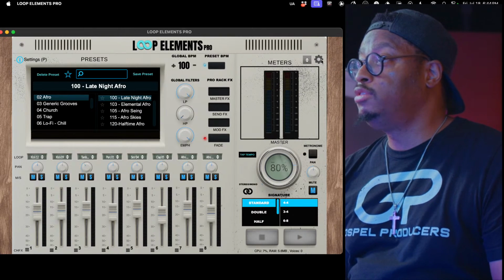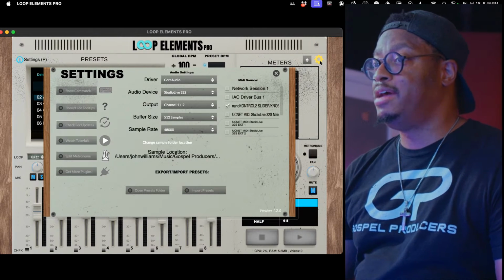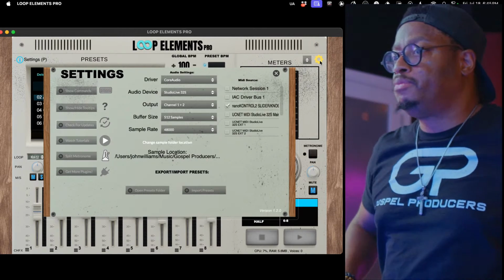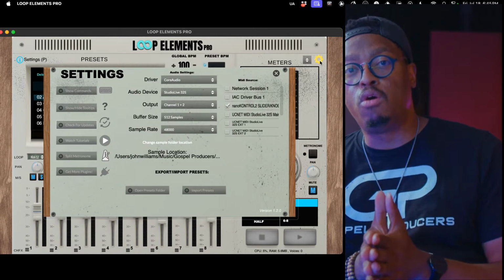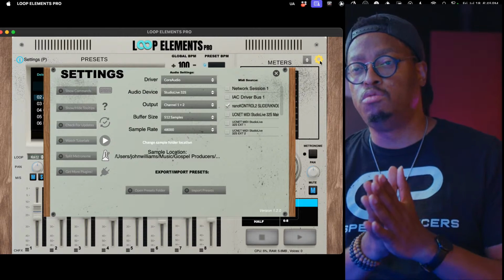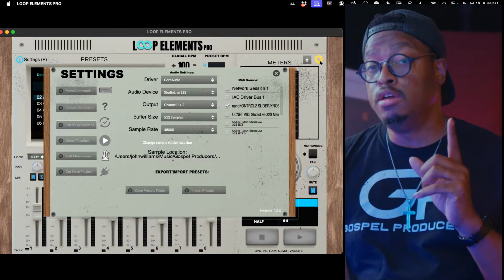The last feature I want to show you guys is really, really cool. This is something that people were asking me for, and it's a legitimate issue, and that is the ability to import your own presets. So, a bunch of use cases for this. Use case number one,